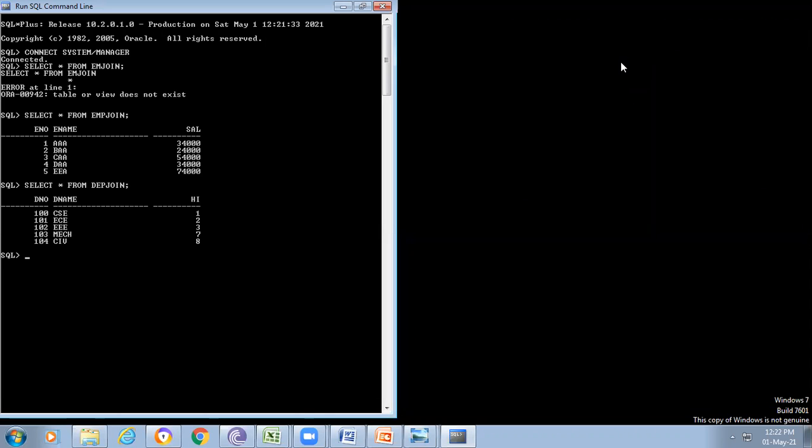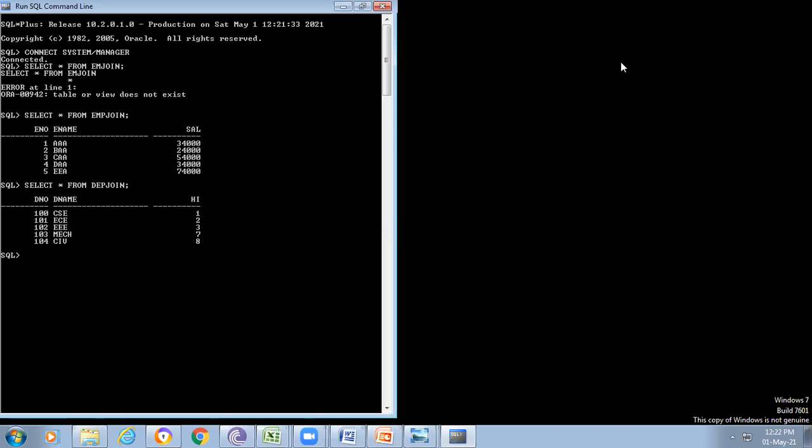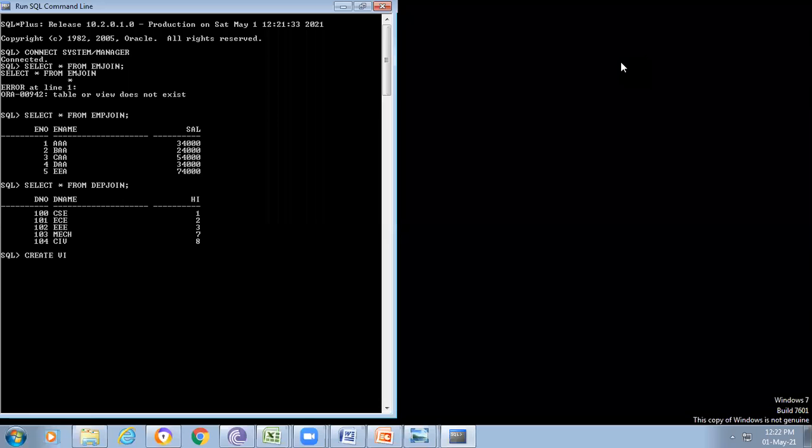For example, if I want to create one table from these two tables, selecting some particular fields only, my requirement is employee number, employee name, department number and department name in one table. Then how can I create the view? Create view and the view name.